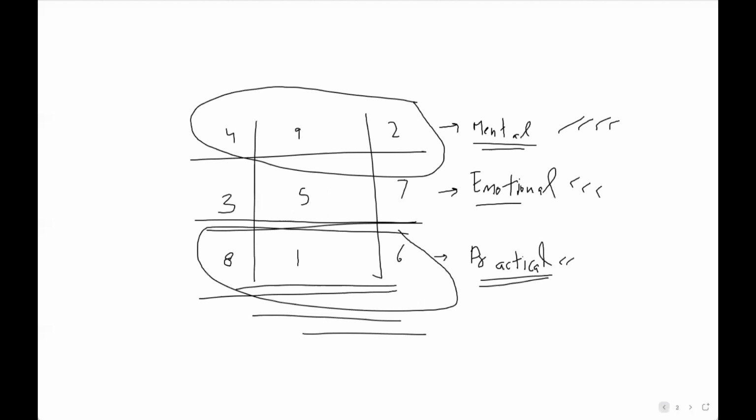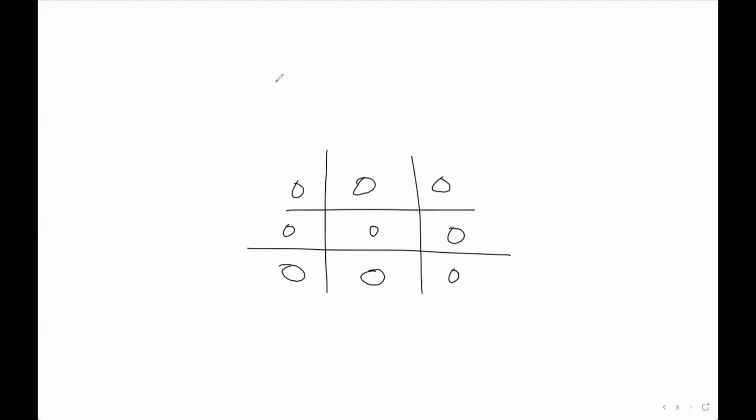I'll cover one more thing in this. As I was talking about the elements part, I'll just talk about that. So now you can note it down again: 8 1 6, 3 5 7, 4 9 2. The element related to them: this is the earth element,